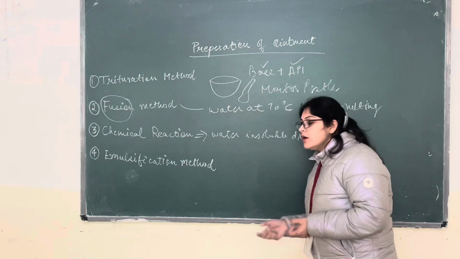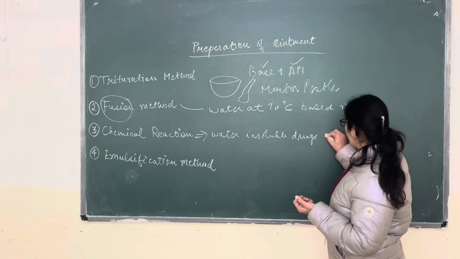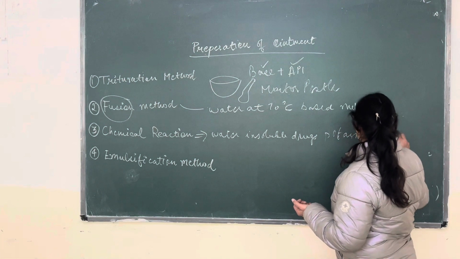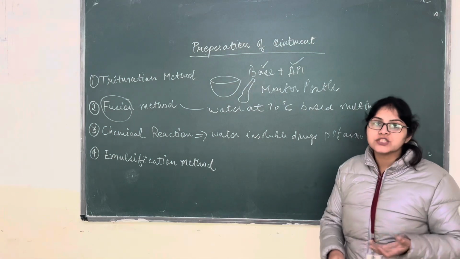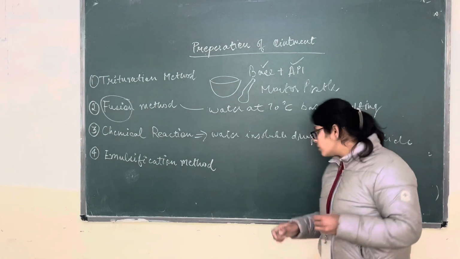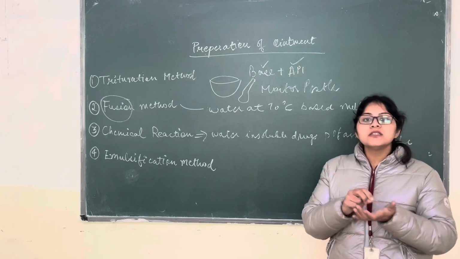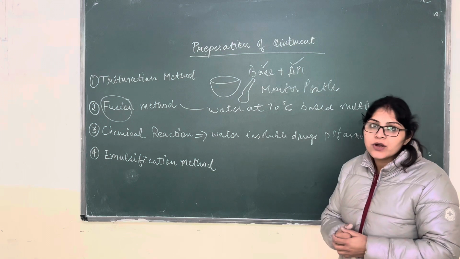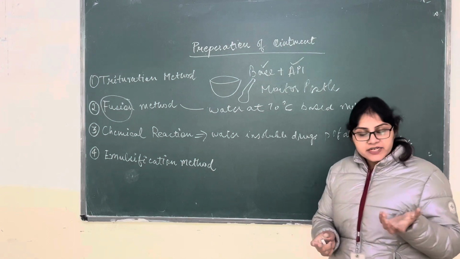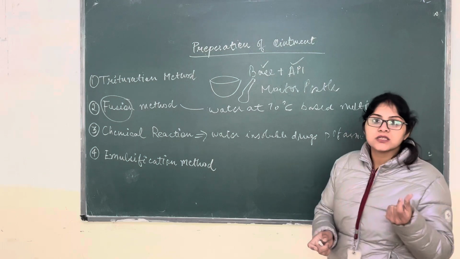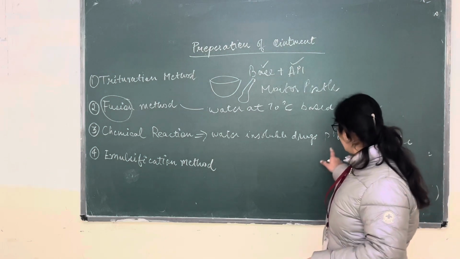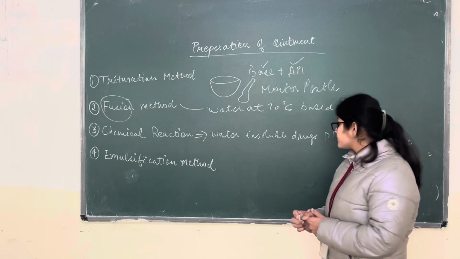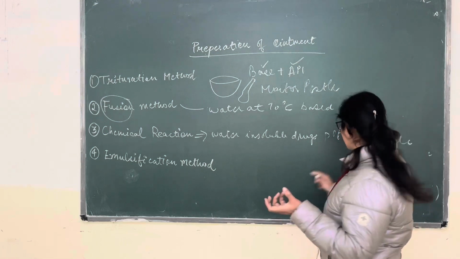For example, as you know, iodine is water insoluble. We produce non-staining iodine ointment. As you know, iodine causes stains on the hands or on clothes, but we produce non-staining iodine ointment for different antiseptic purposes also. When we get injured, we use that ointment. So iodine is a water insoluble drug.